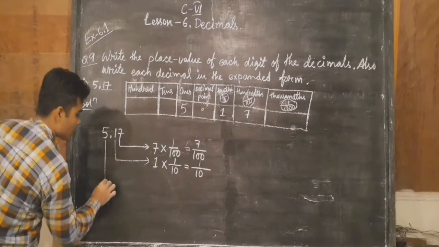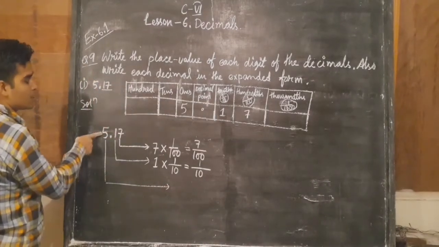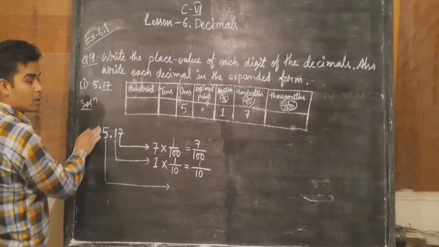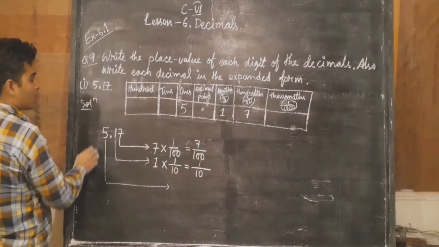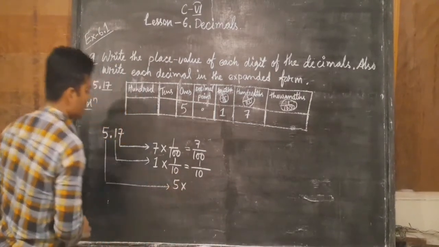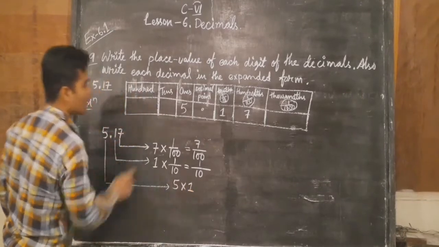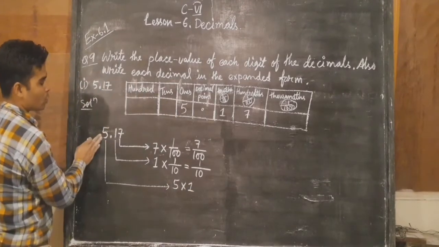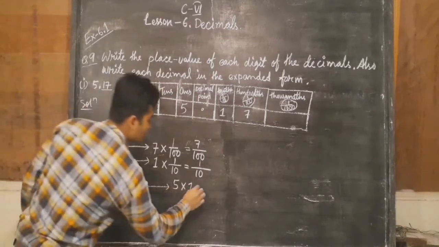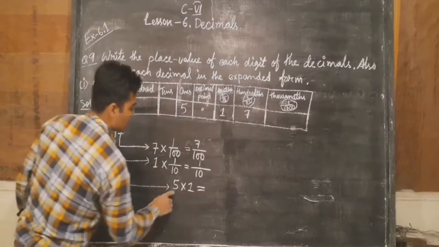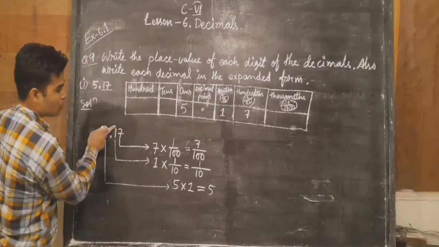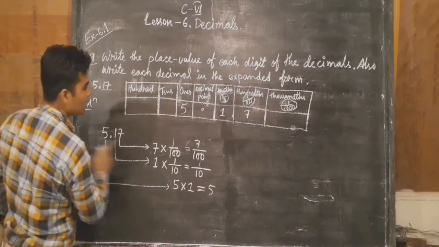Now you can see the place value of this number. Which place is it in? Ones. So this is not a decimal number. You can consider this number as a normal number. Usually we count as ones, tens, 100, 1000. So this is a single digit. So the place value of this digit will be 5 into 1 because it is in the ones place. You can see it is in the whole number part. This place value of this digit we calculate normally like this. 5 1s are 5. So the place value of this digit will be 5, the place value of this digit will be 1 by 10 and the place value of this digit will be 7 by 100.